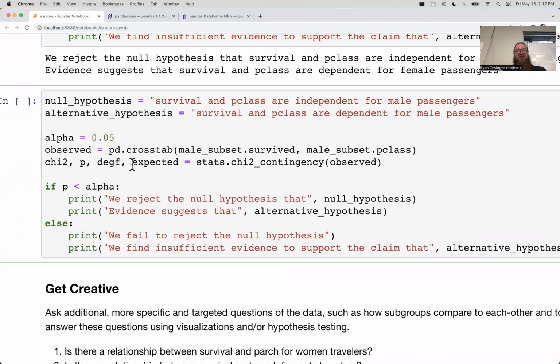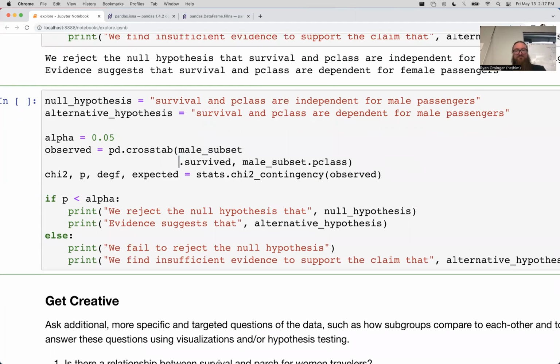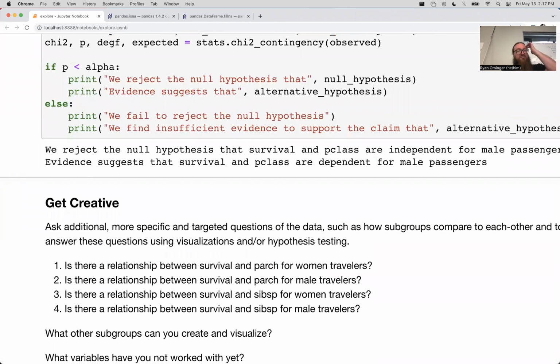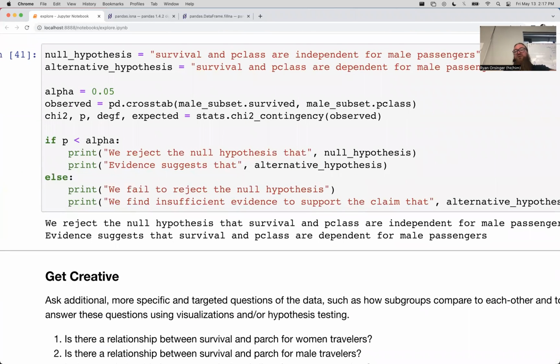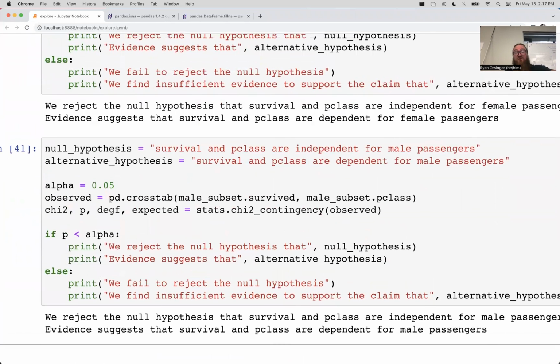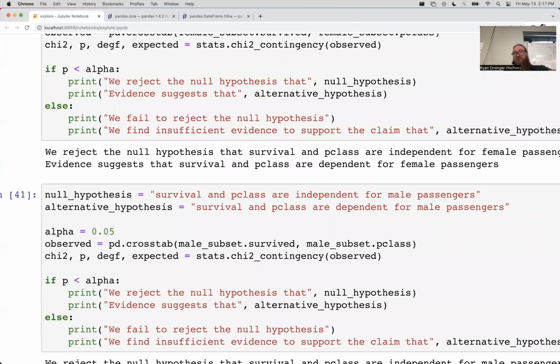And then looking into the male subset. So here's how we can get 3 variables. You subset your data frames and then run tests. That's a lot easier than getting too fancy. And we reject the null hypothesis that survival and P-class are independent for male passengers. So regardless of gender, the class of ticket and the survival are in fact quite related.